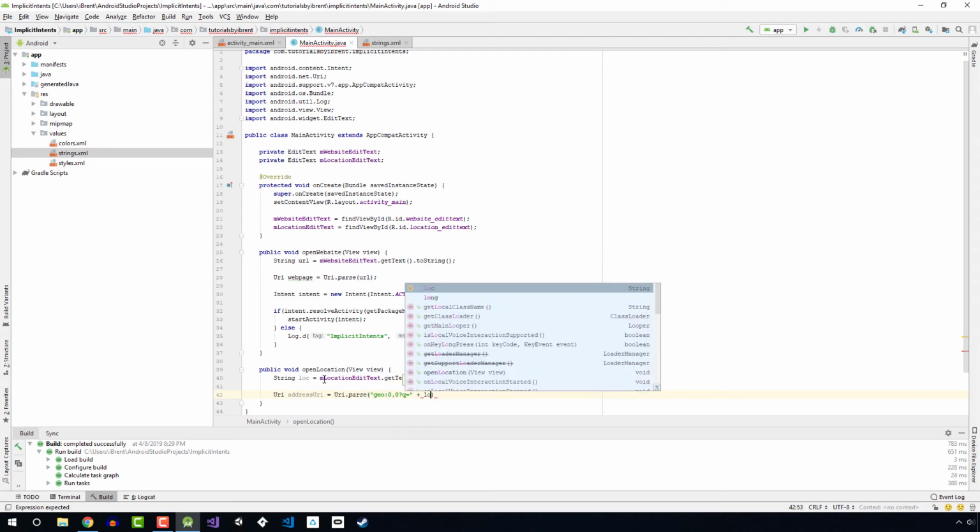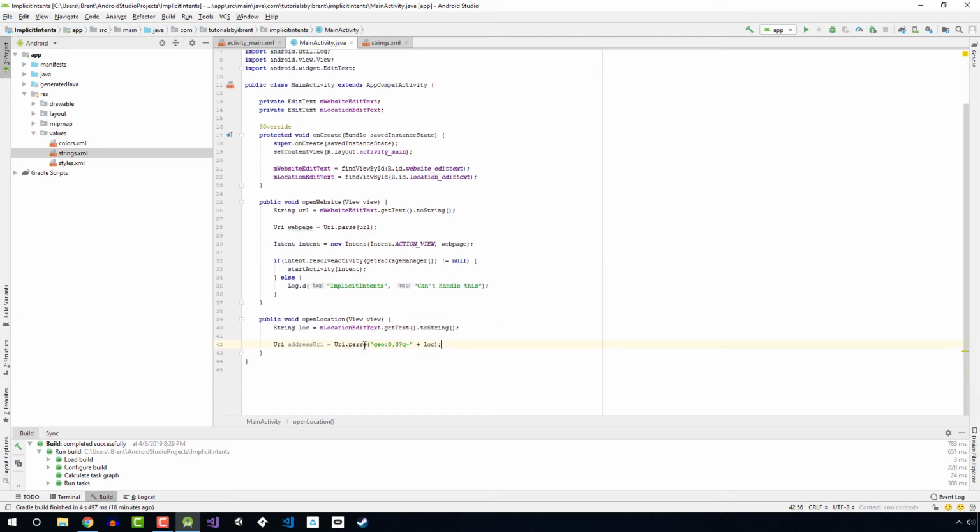we say plus LOC. Okay, let's look at this for a second. What this is we're taking and creating a string that is going to be parsed as a geolocation. And the text we use is geo colon 0, 0, which means we're looking up for a location, and then Q equals, and that represents the query that we're going to load, which is this text. So when we have an address URI, what we're going to end up with is a long string plus the text, which in this case is Golden Gate Bridge. Okay, next